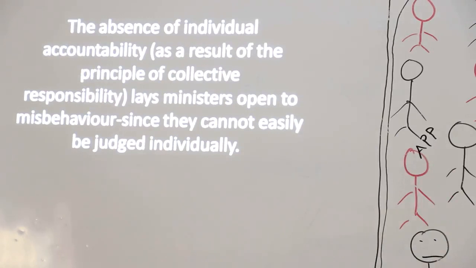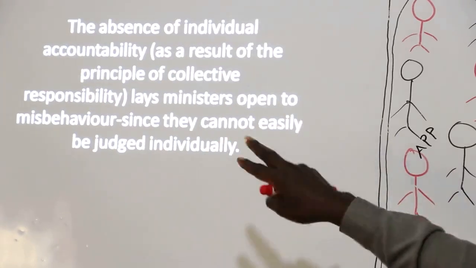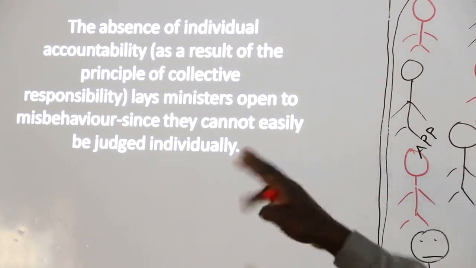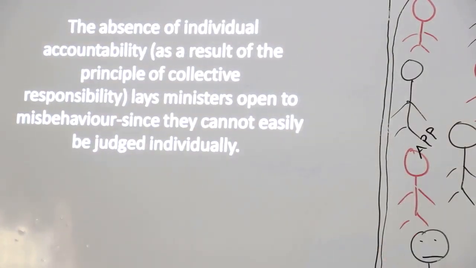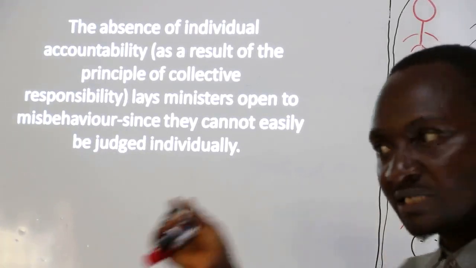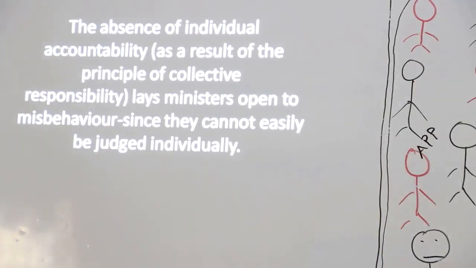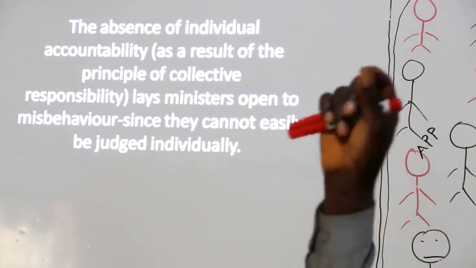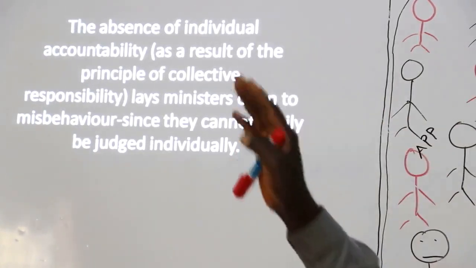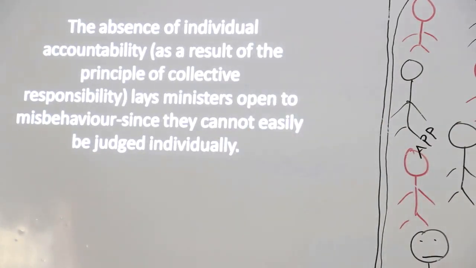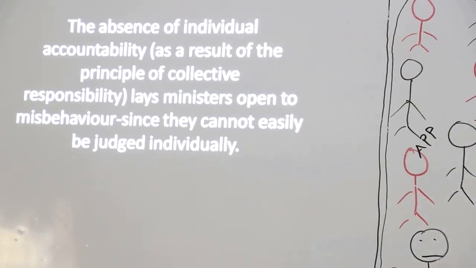The absence of individual accountability as a result of the principle of collective responsibility leaves ministers open to misbehavior, since they cannot easily be judged individually. I've already explained this. Is that okay? The collective responsibility has to do with one person. When you sin, the punishment will go to everybody. So if I will not be blamed as an individual, I can just behave anyhow, so it leads to misbehavior in